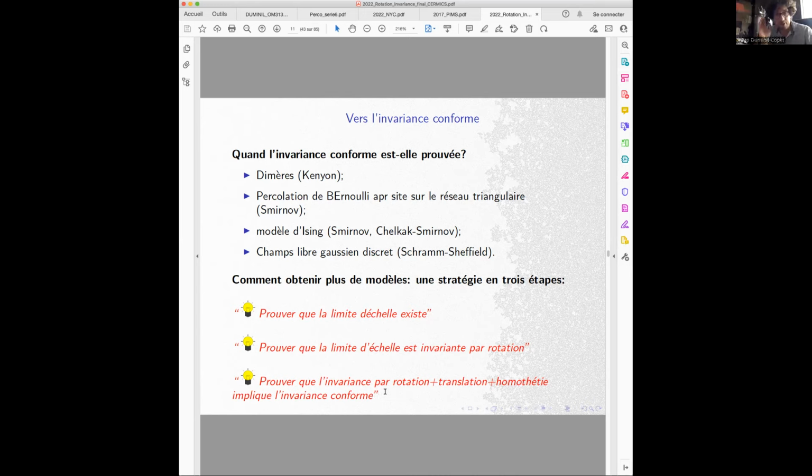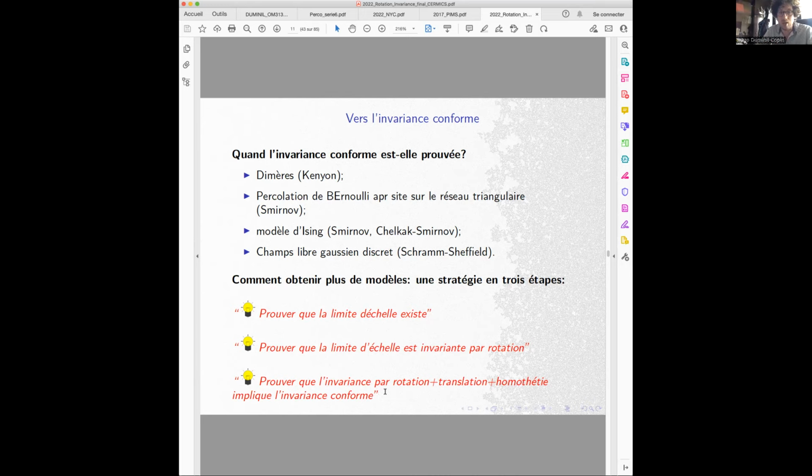Anyway, let me mention the second strategy, because that's actually the one we are really trying to achieve. You start with rotation invariance, you prove rotation invariance, and what happens then is that it seems, and I don't know how much this is true, but we are advancing quite well, to be honest. We don't have a full result, but we believe that the rotation invariance gives you a lot of information on the spectral properties of the transfer matrix of these models, in particular of the transfer matrix of the